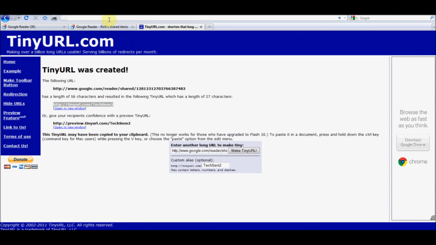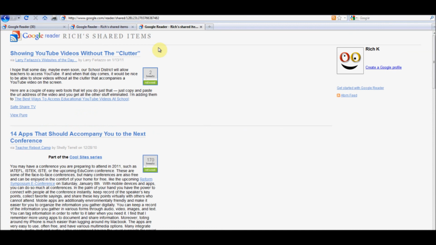And that is how you can take content from the blogosphere or any other RSS feeds that you have, and you can put them into a single location, a shared resource to distribute among faculty, friends, and most importantly, I find the application with the most impact is doing this with students and giving them